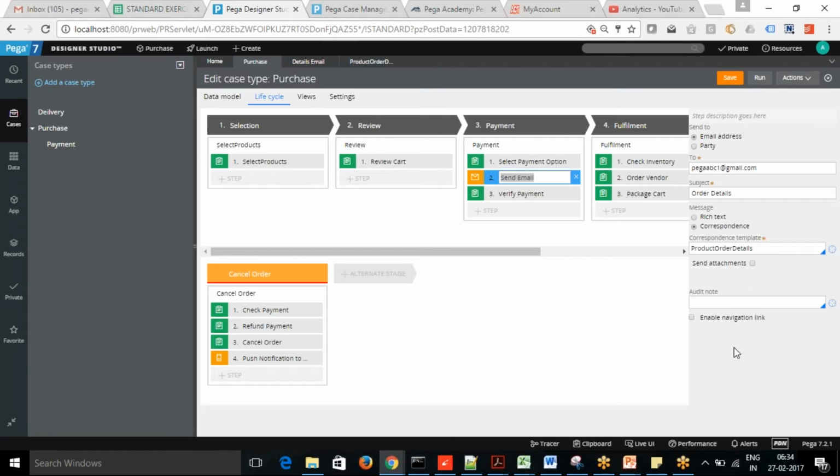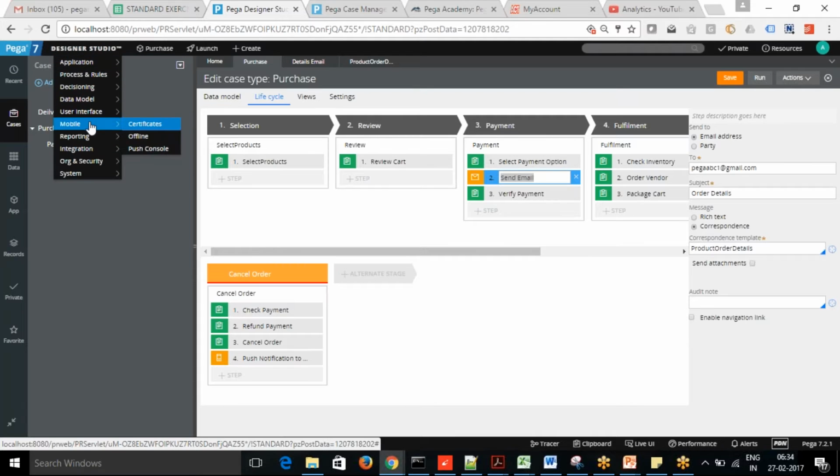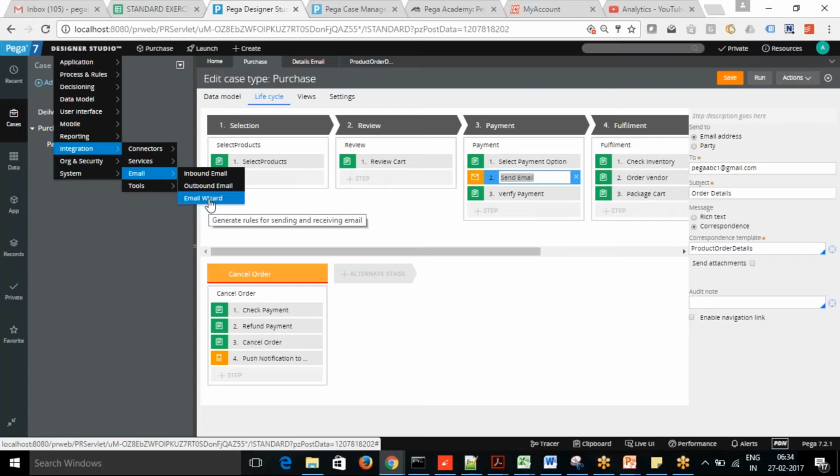No, not this one, like on the pop-up, at the initial stage when you're configuring. No, no. That email is different. This is not related to this. What I did is the widget. There is a separate widget for that, the integration email widget. Okay. So that is required for the complete case.